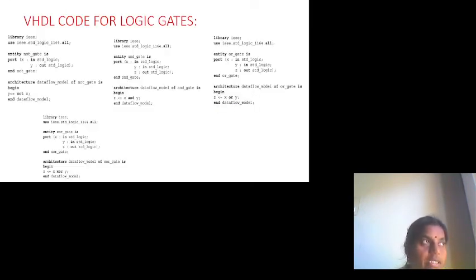And now after declaring or naming the entity, you have to represent the port declarations of that particular system which you are going to implement. Now the ports are, NOT gate consists of only a single input port. Let us give X is the input port. So port within the parenthesis we have to give X colon. It is of type, port type is either in type or out type or in out type. There are three different configurations of port: input port, output port or in out port.